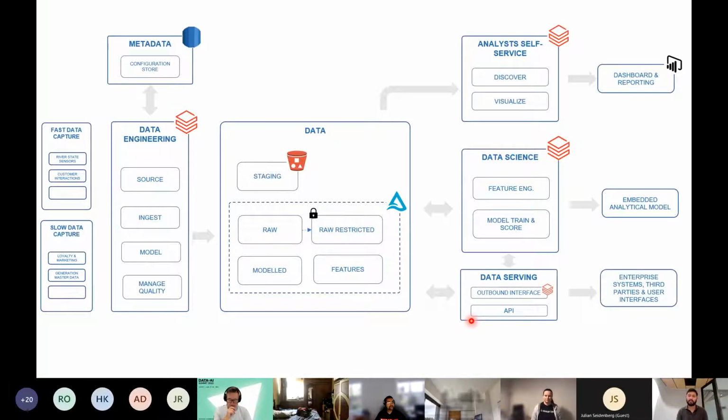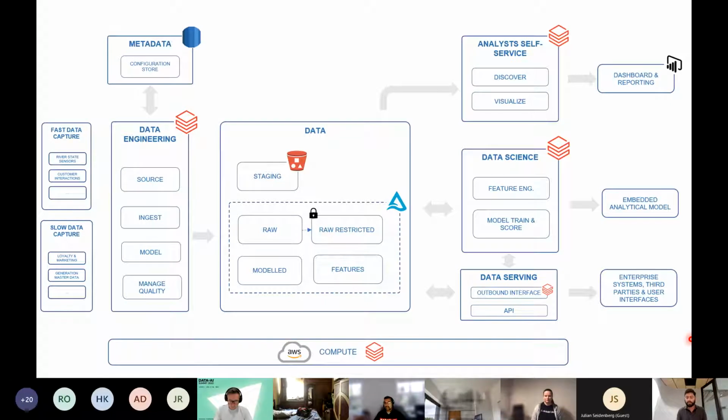Third consumption is really data serving. Now, there will be cases where we don't need to discover data, or we don't need to do advanced analytics on it. All we need to do is prepare data and send it out to a third-party system or a user interface for them to use it. And we have two ways of doing that. We either have a Databricks process that serves the data as a physical data asset, as a temporary mechanism, or we have a data service as an API endpoint where applications can hook onto an API endpoint and we serve the data over an API endpoint, right?